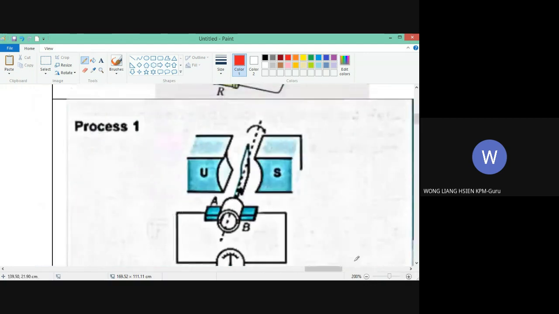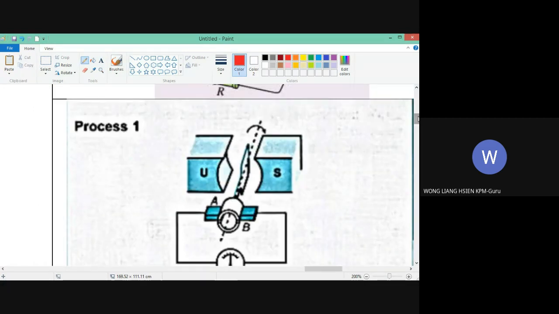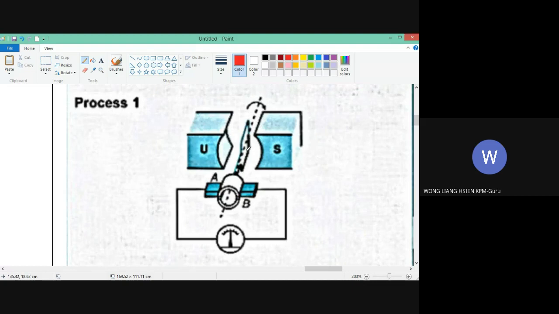Okay, so look at this process one. Let's say that the coil is vertical like this. So let's say that this is A, B, C, D down here. Okay, this is A, B, C, D. So when you rotate in this direction like this,